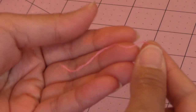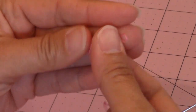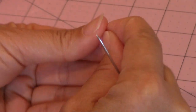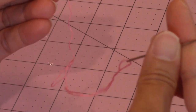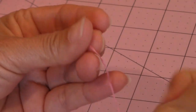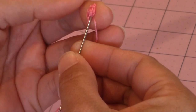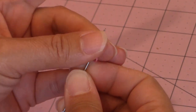and you're going to just scrunch it up into a ball. So just make a ball with the other end. You want to leave some of the end that's on the tapestry needle because that's what you're going to use to sew the ball in place. So once you have a nice little ball made, then you can start going through the center with your tapestry needle. Be careful you don't poke yourself. Just go right through the center